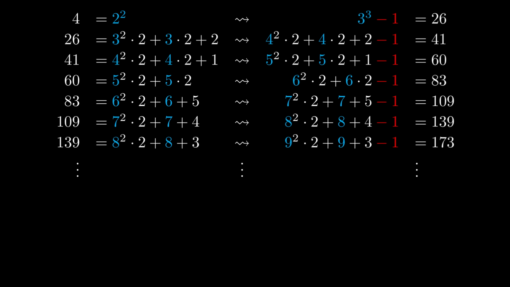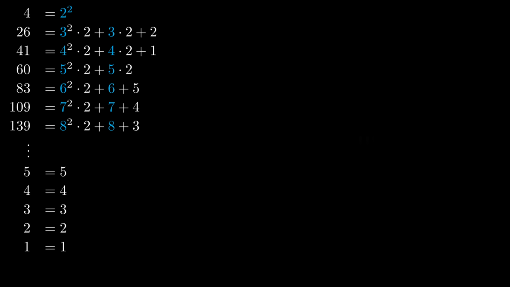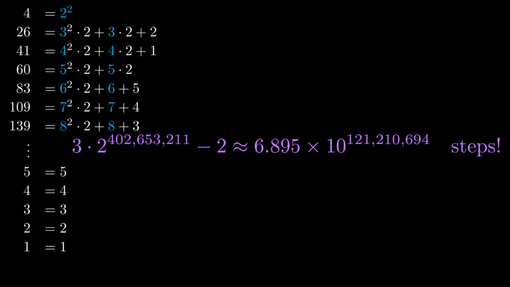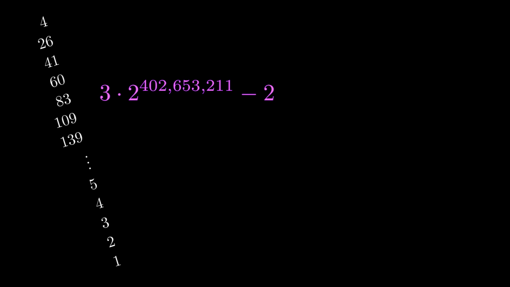However, the sequence actually eventually goes to 0. The number of steps you need to take is about 121 million digits long. Sequences generated in this way are called Goodstein sequences, and it turns out that every Goodstein sequence goes to 0 after finitely many steps. But you might be wondering how I calculated the exact length of the Goodstein sequence generated